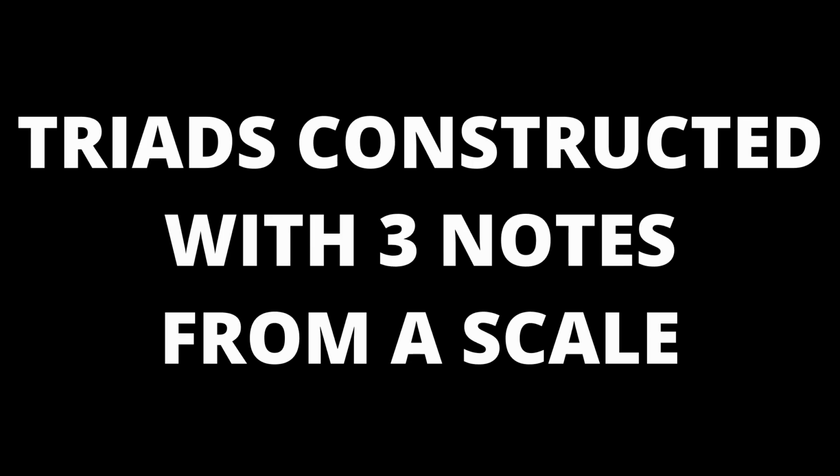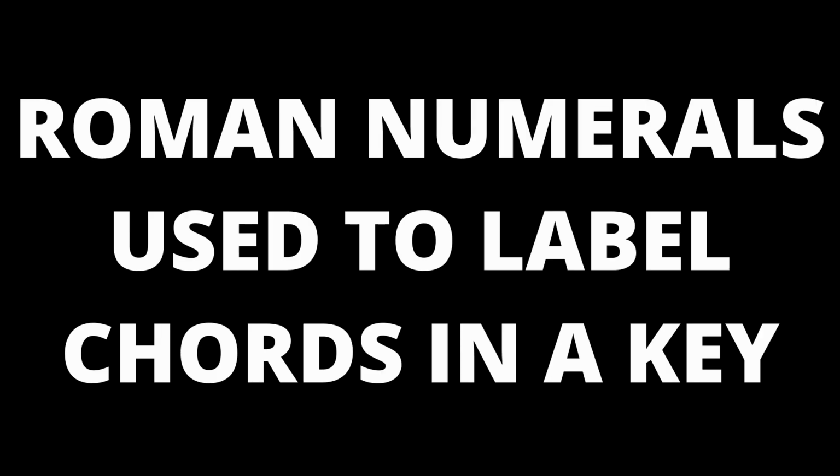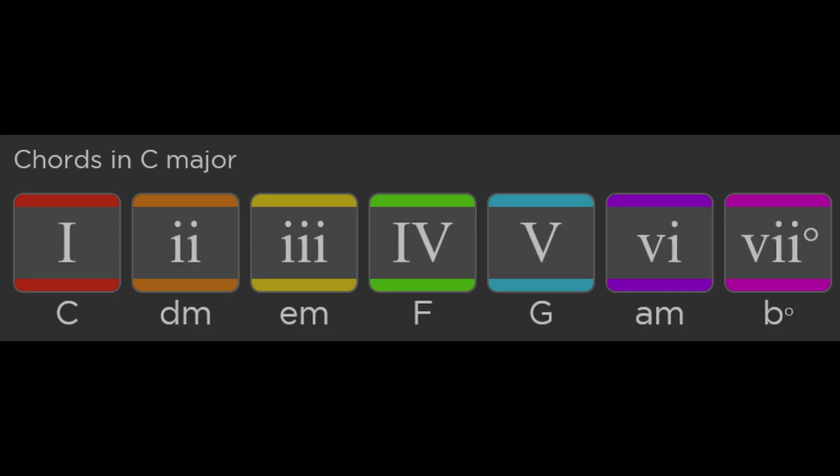In order to build a song, we will need some chords. Chords in the key, also known as triads, are created by each using 3 notes from the relevant scale. They are labelled with Roman numerals, which are useful in songwriting because they allow you to use a chord progression in any key and see the function or role of each chord. For example, here are the chords in the key of C major. 1 C major, 2 D minor, 3 E minor, 4 F major, 5 G major, 6 A minor, and 7